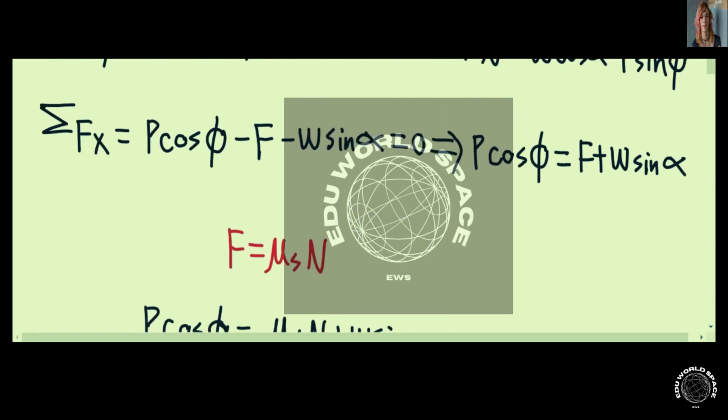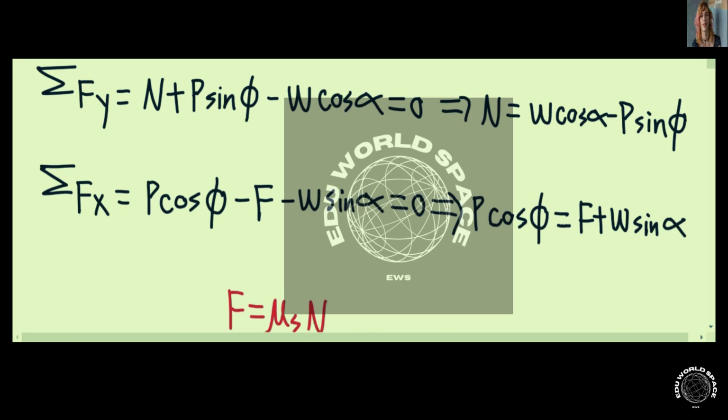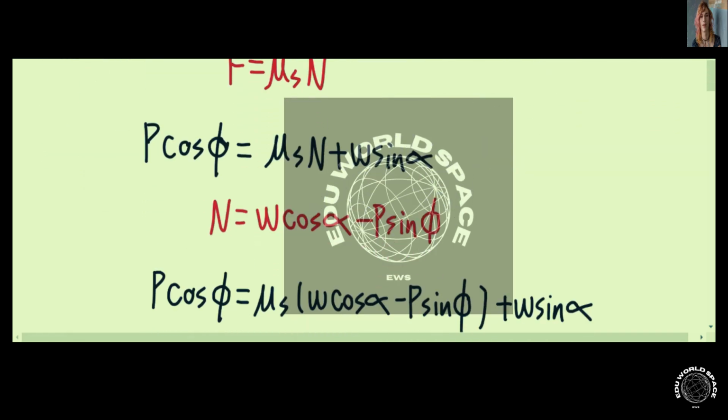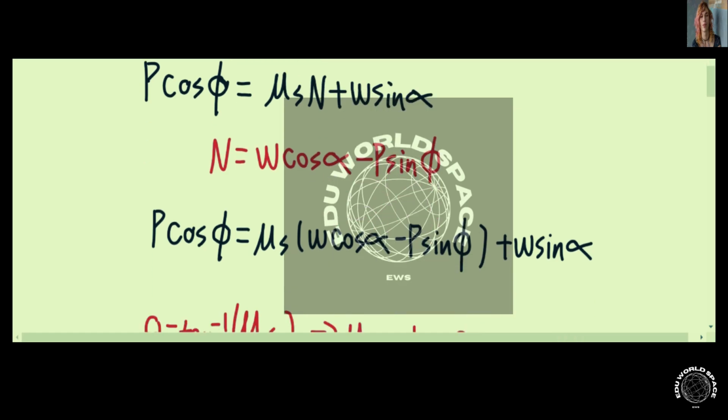Therefore, we also know that the N, which is the normal force here, can be equal to W cosine alpha minus P sine phi. So now we can use W cosine alpha minus P sine phi, substitute for normal force N. So we have P cosine phi is equal to mu S times W cosine alpha minus P sine phi